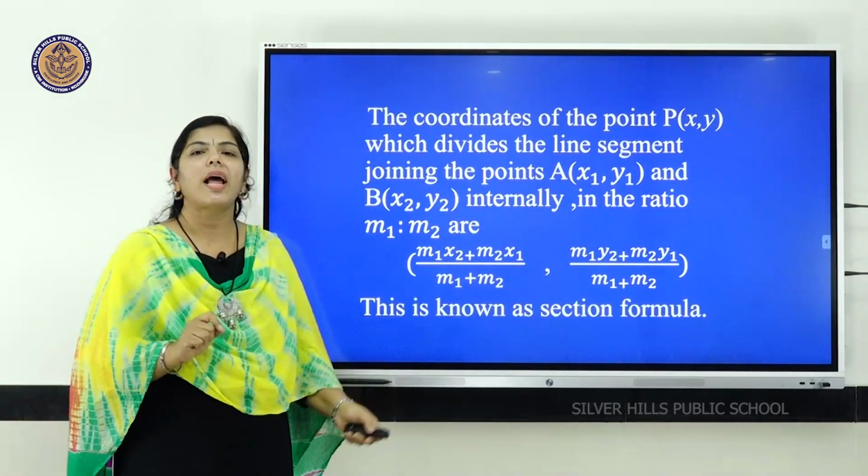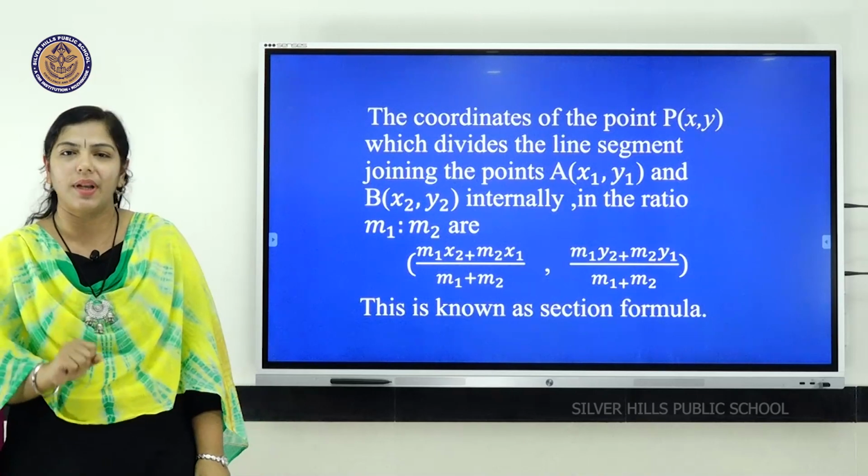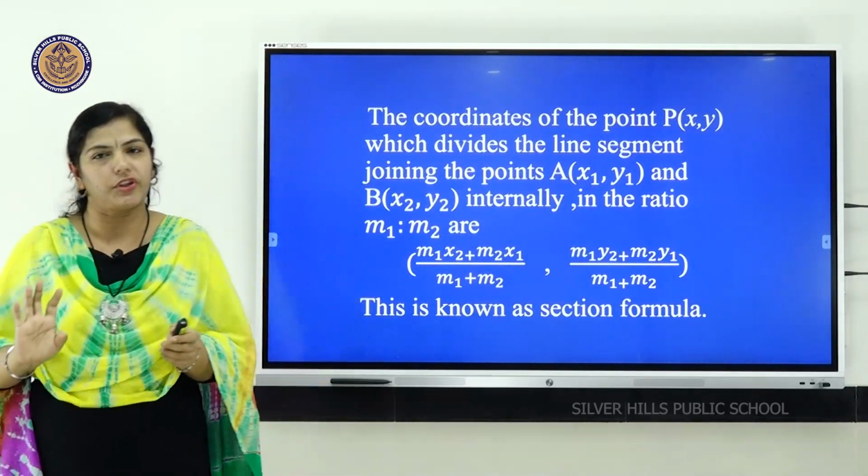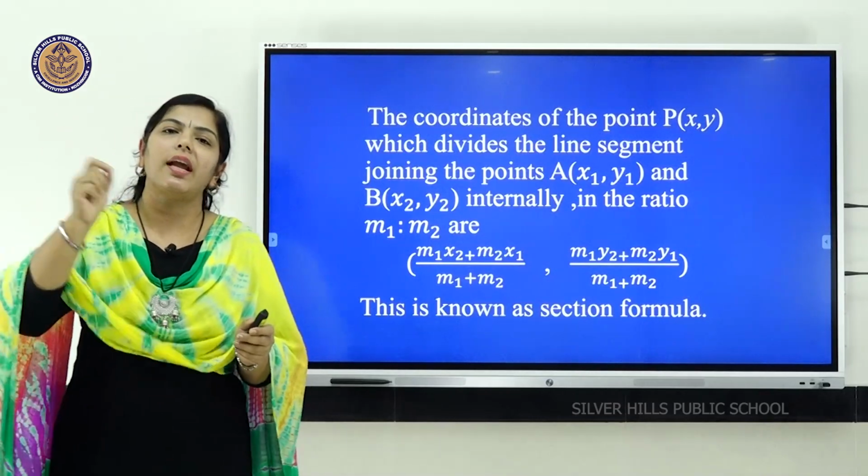This is known as the section formula. It is used to find the coordinates of the point of division if you are given the ratio in which